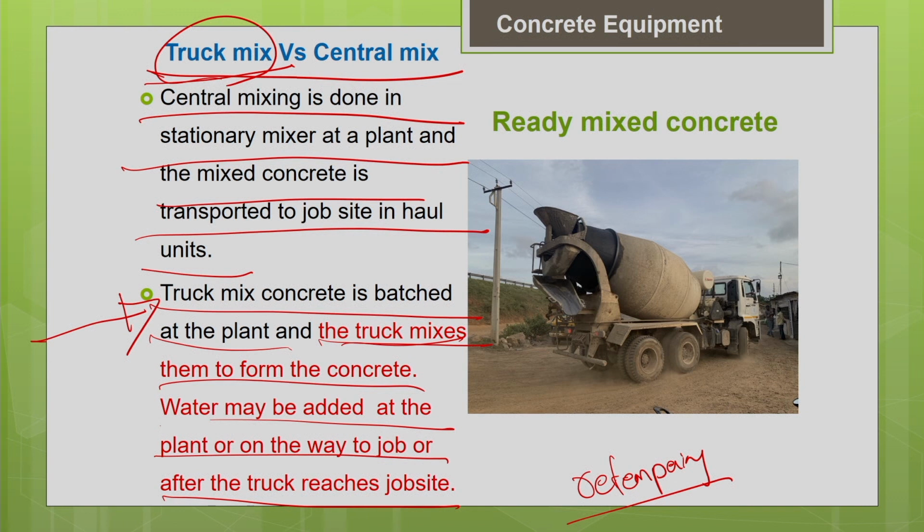So, that will definitely affect your water to cement ratio and the strength and the durability of the concrete. That is why we should not do retempering. It is not advisable if you want to produce good quality concrete. Instead, if you know that the travel time is likely to be extended, you can withhold some amount of water. Do not add the entire water. After the mixer machine reaches the site, you can add the remaining amount of water and mix it, and then get the required slump. That is better when compared to retempering.